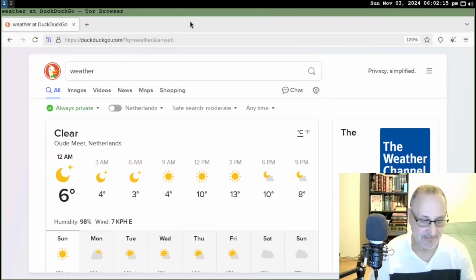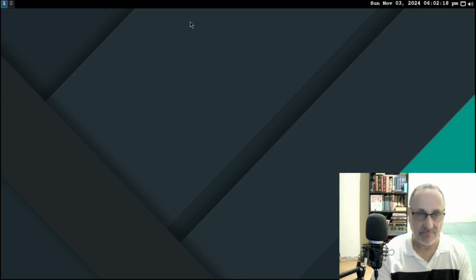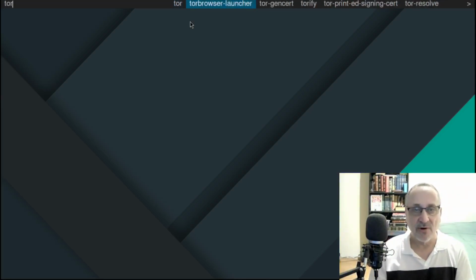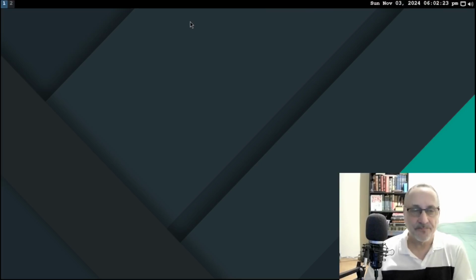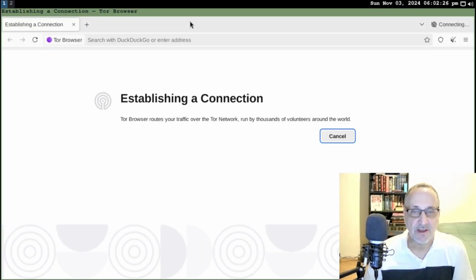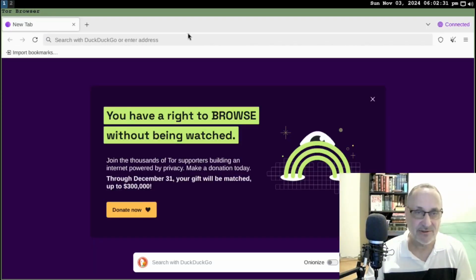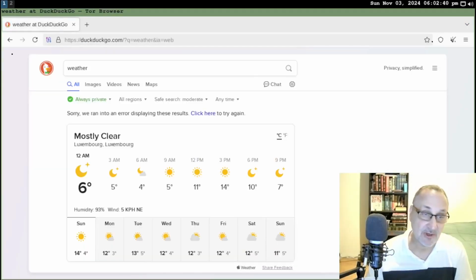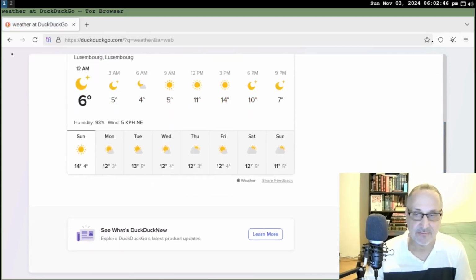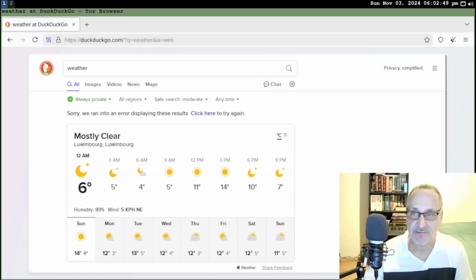Now let's close it and let's open it up again. Tor, we're going to go to Tor Browser Launcher. And it's connecting. It's because we clicked that tab on, so it's automatically getting. That was fast. And let's just do a search for weather again and see if a different weather comes up. Now look at this. It's bringing up Luxembourg. Let's scan down. That's all it's bringing up is Luxembourg. Okay. I'm in Luxembourg. Well, not really. I'm in Canada. Now, what you could do is you could click on this one